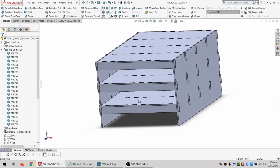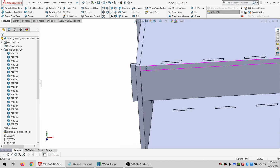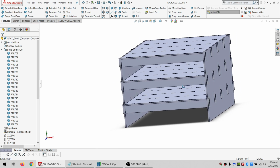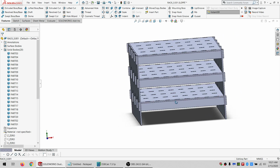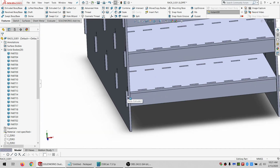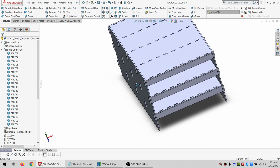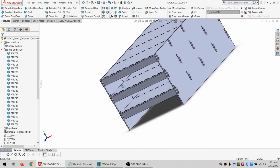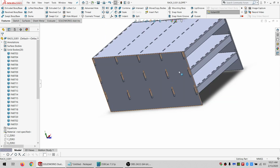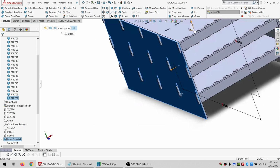Right. I'm looking to see if there's anything else this actually needs, because it's looking pretty close to done, even though it's a very basic design, really. We've got locks and locks. You know, there's one other thing that I would like to add, though. Right now, this is my only vertical support, and